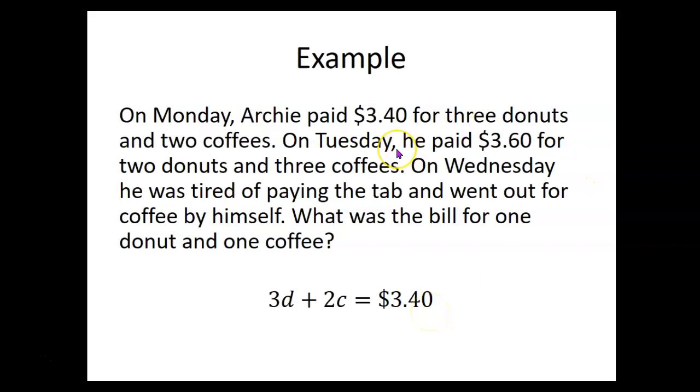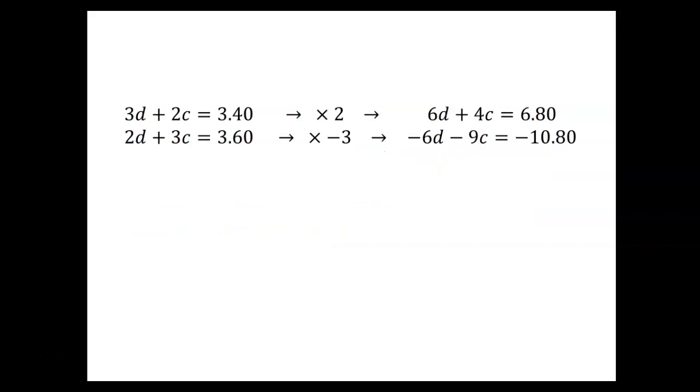Then can you see what the equation for Tuesday would be? 2 donuts plus 3 coffees equals $3.60. 2D plus 3C equals 360. So there's our system. And I have chosen to solve this system by the elimination method. I wanted to eliminate the D's, although it would also work to eliminate the C's, but I decided to multiply the top equation by 2 to get a 6D here, and the bottom equation by -3 to get a -6D